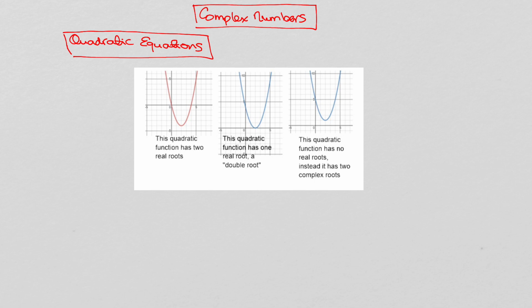In the second graph, we can see that it just touches the x-axis, so in this case we say that it has a repeated root, or it has one real root. And the third graph does not touch the x-axis at all. So in that case, we said that it had imaginary roots. And we know from our minus b formula